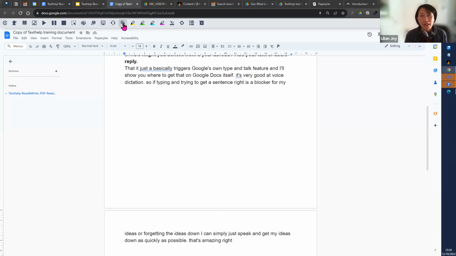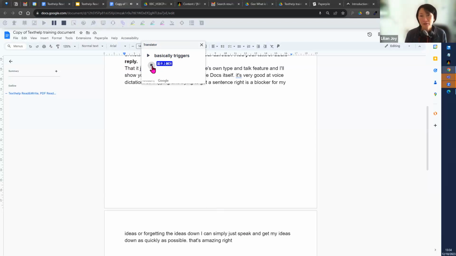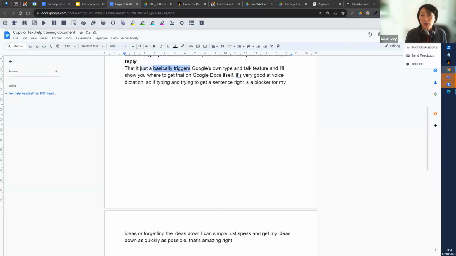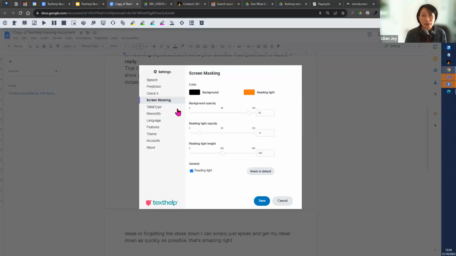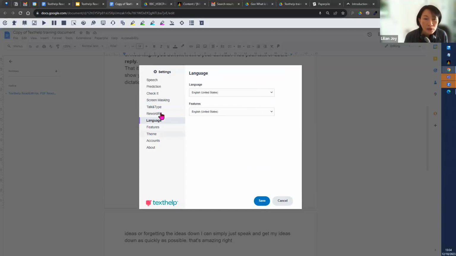Okay. So that is the talk and type. And then you've got this translate. Now, the translate allows you to just translate something from one language to another. You can set your translation language. So in this case, I have it set to Mandarin, but I can change it under settings, language. I could change it to, oh no,